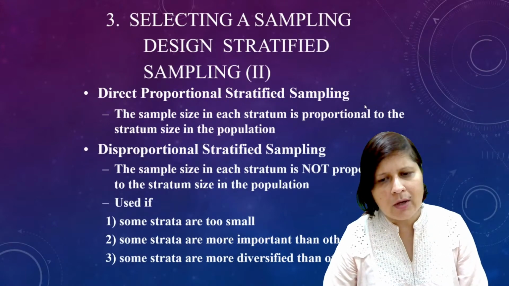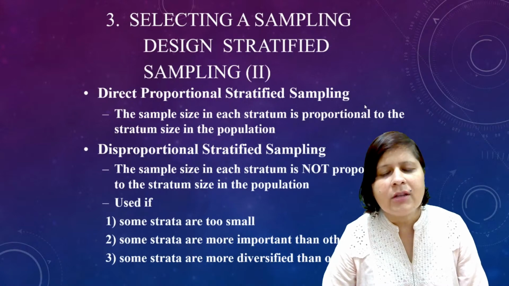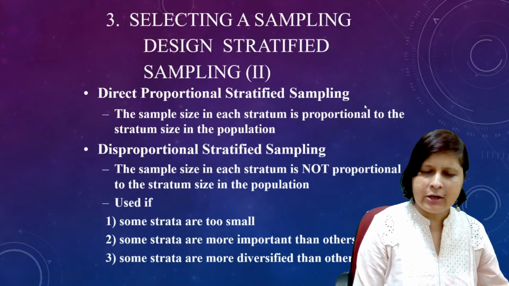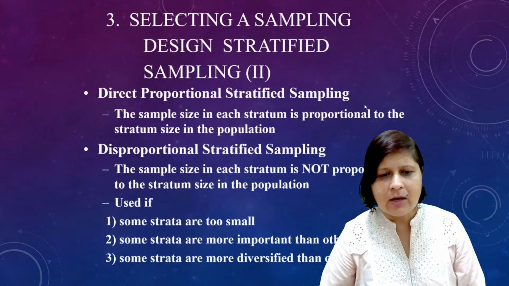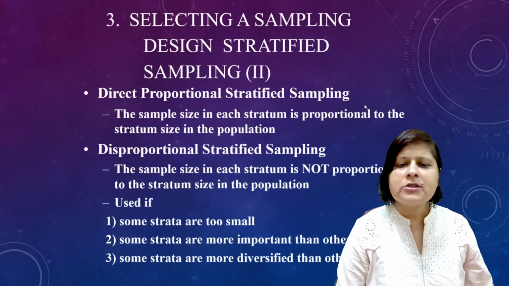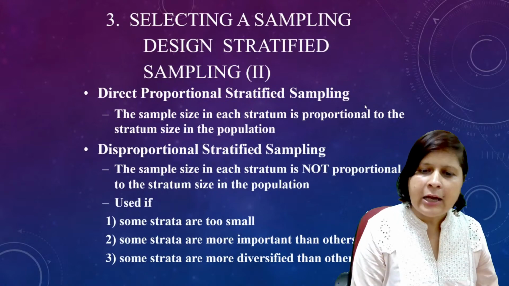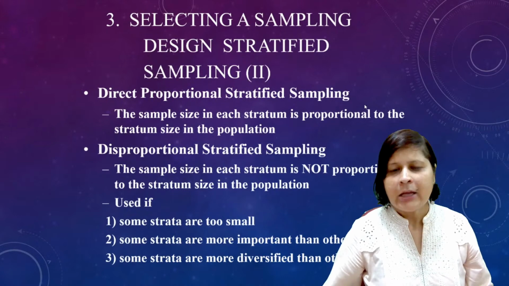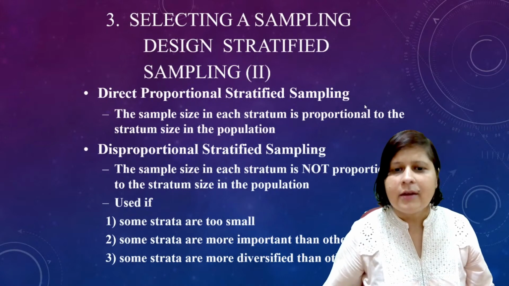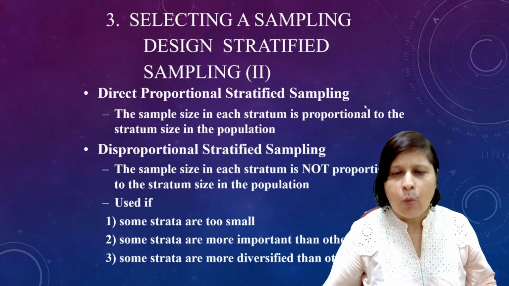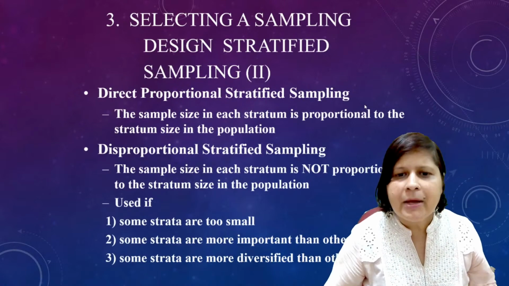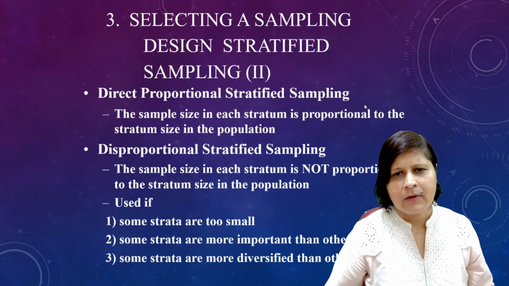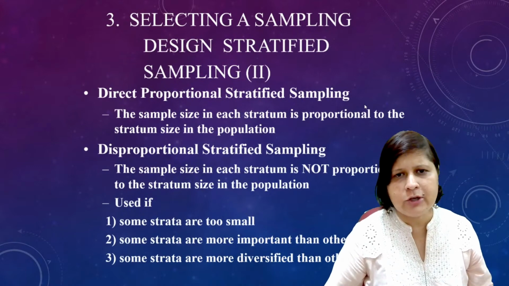So the sample size depends on the population size, right? If A is 50 and B is 100 or 200, then it is not right to select 10 from A and 10 from B. If you are doing this, this is wrong. The chances of error increase in this. One should select the sample on the basis of population. It should be proportional to the population,